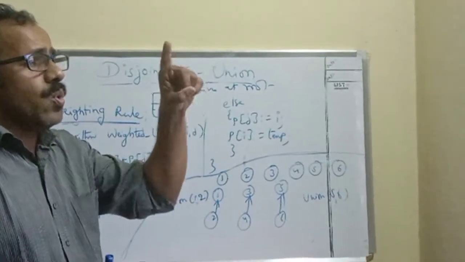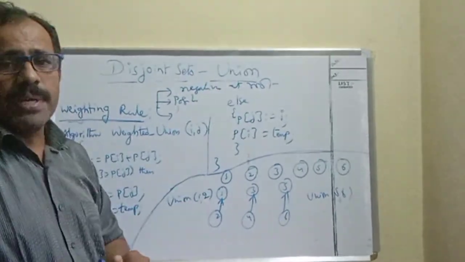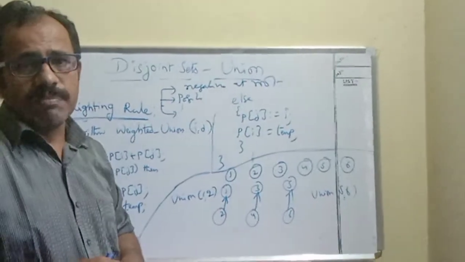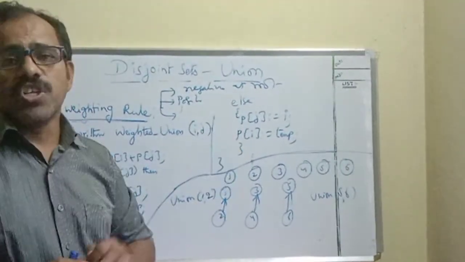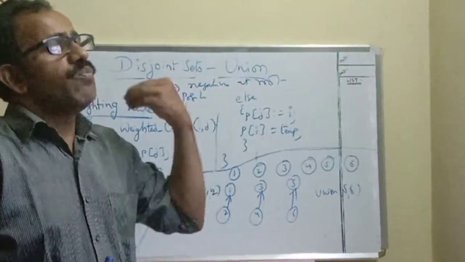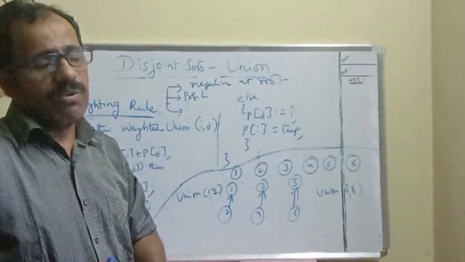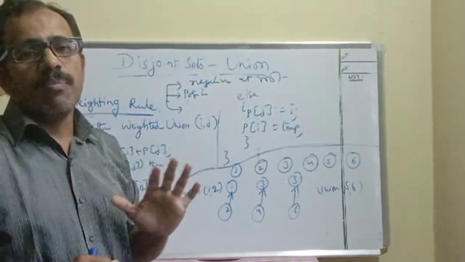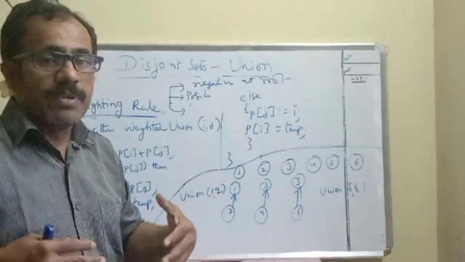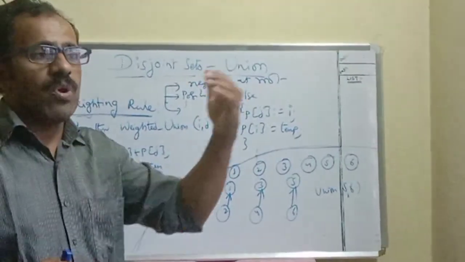At the root node, count the number of nodes in the tree and represent that number as a negative number. At all the remaining subtrees, count the number of nodes in that particular subtree and represent it as a positive number. We use positive and negative to find which node is an internal node and which node is the root node. The root node has a negative number. Once you reach the negative number, we stop searching for the root node, because that node itself is the root node. For that purpose only, we differentiated the numbers as negative at one place and positive at another.